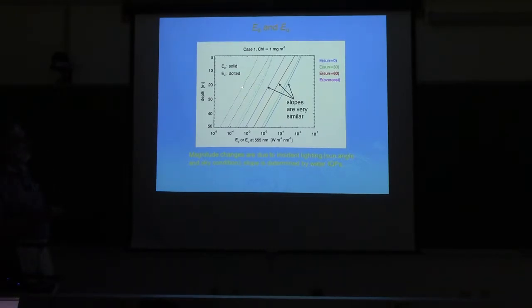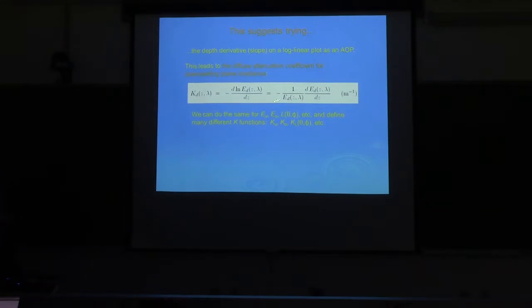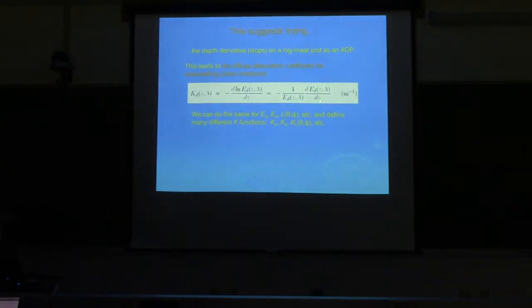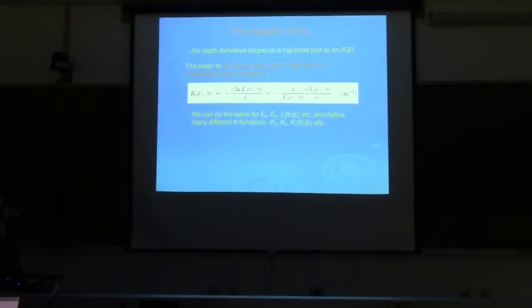Or same thing on EU. They're shifted by the same order of magnitude, but the slopes are not identical, but they're sort of close to it. So you think, well, maybe looking at the slope of the ED as it decays with depth, maybe that's not too sensitive to sun angle, but it will be sensitive to the IOPs. So that gives you the idea of, let's look at the depth derivative of the irradiance normalized by the irradiance. So 1 over ED, dED/dz,